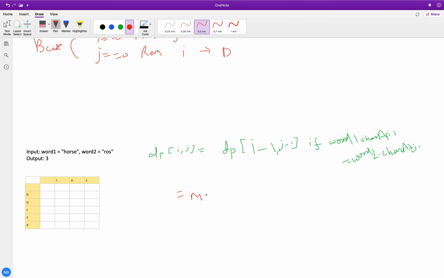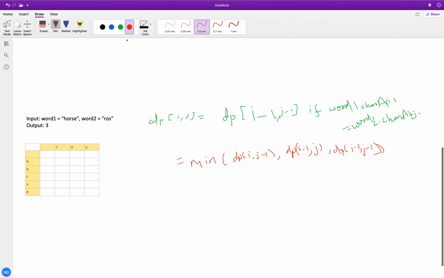And the second case is dp of i j is equal to min of 3 cases. One is dp of i comma j minus 1, second is dp of i minus 1 comma j, and third is dp of i minus 1 comma j minus 1, plus one. So the minimum of 3 when the words are not equal.